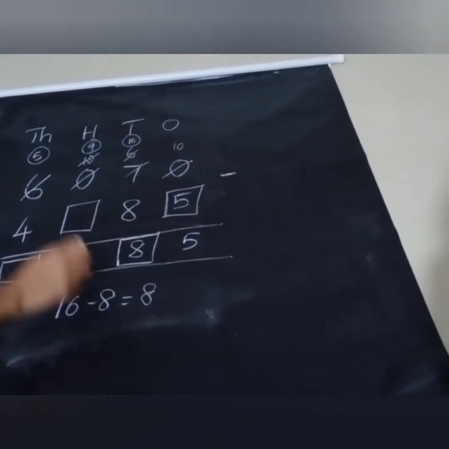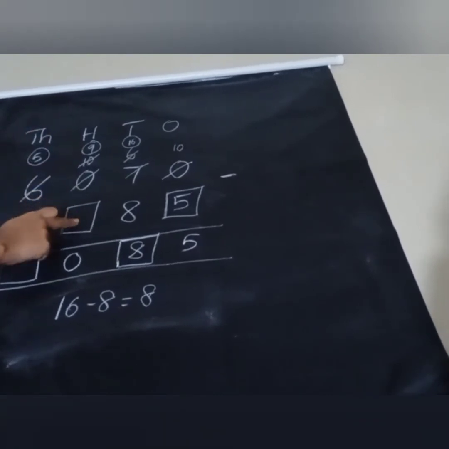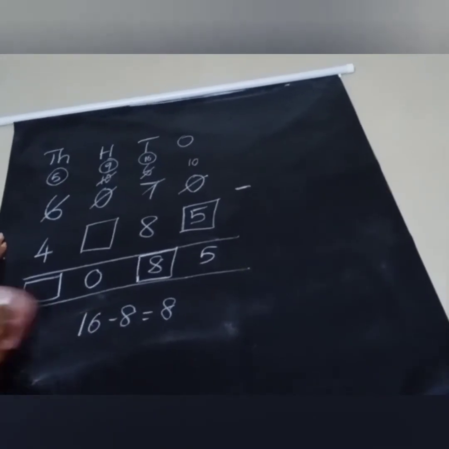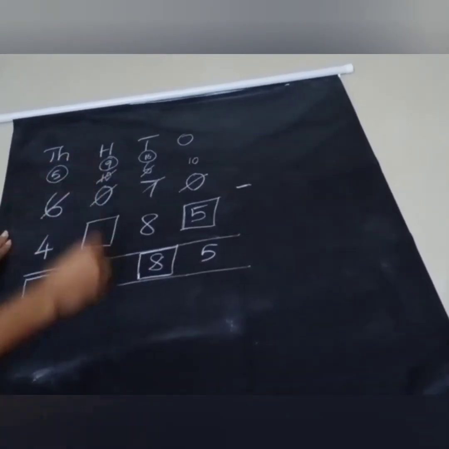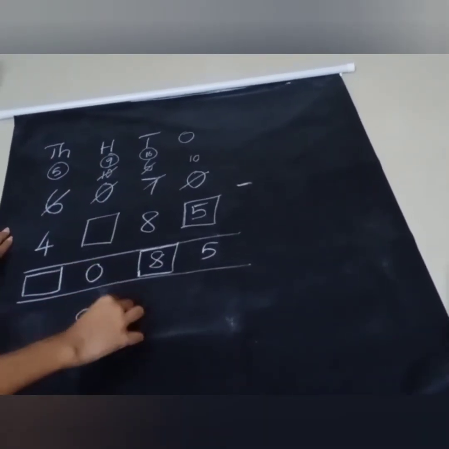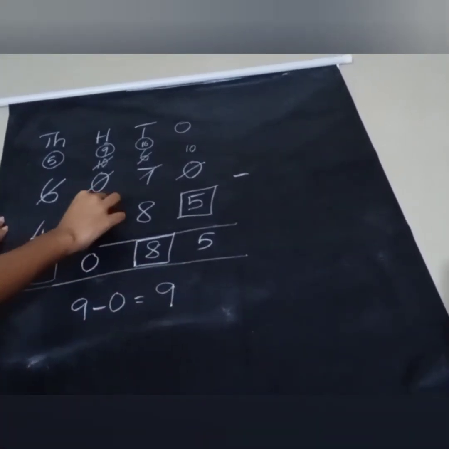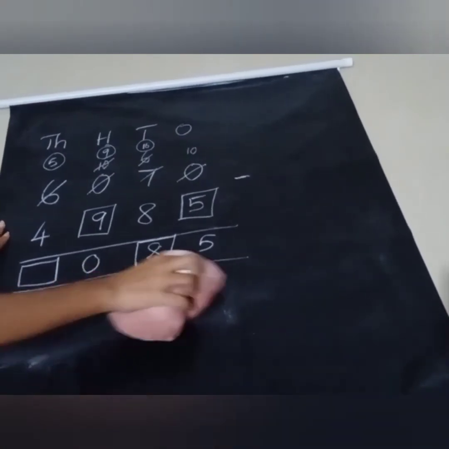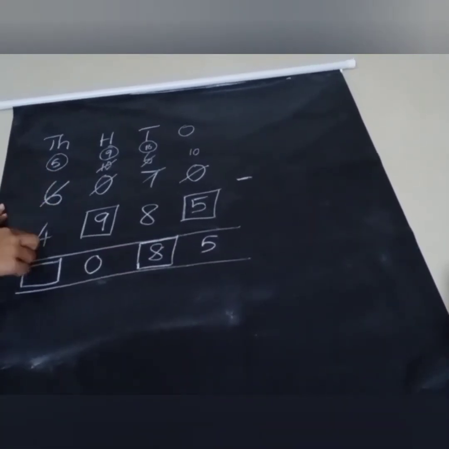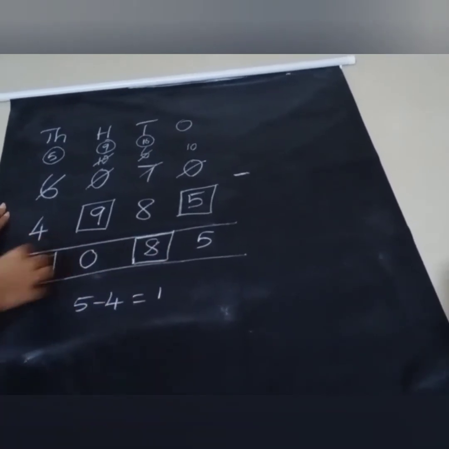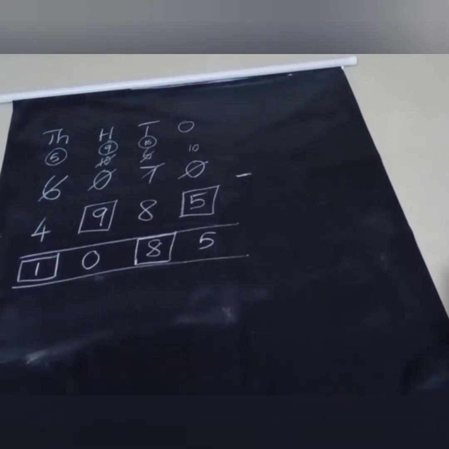So the tens part is over. Now concentrate on the hundreds place. We have 9 and an empty space at the hundreds place, right? But we have that answer part. What's that? 0. So you just subtract this answer part from the given number. So 9 minus 0 equal to 9. So that's it. Just mention the number in that empty box. Now concentrate on the thousands place. 5 minus 4 equal to 1.